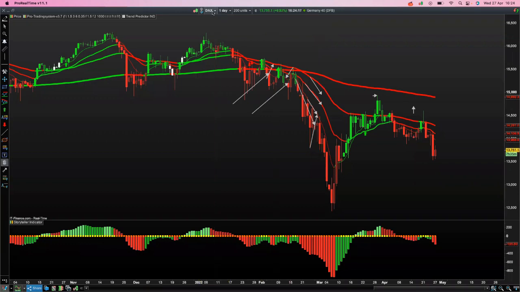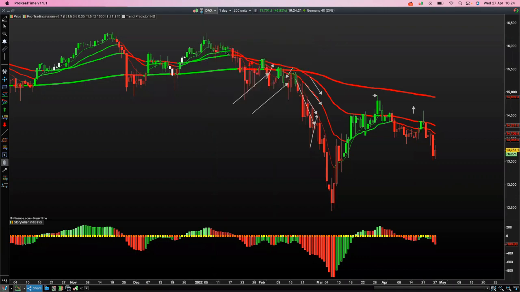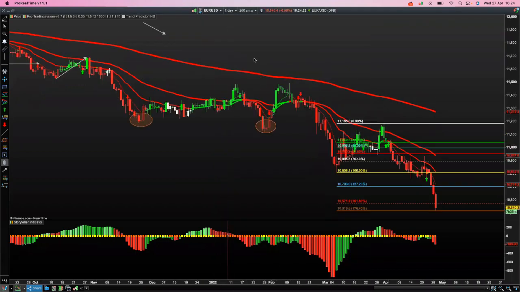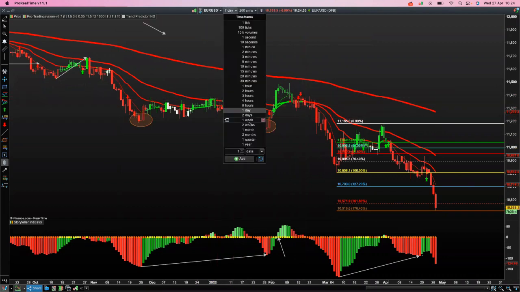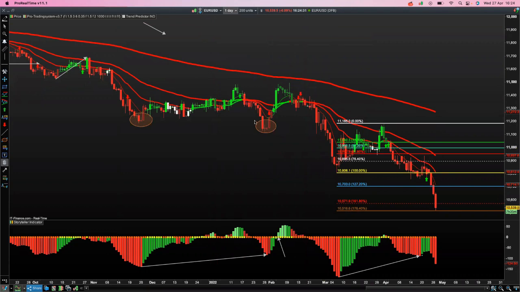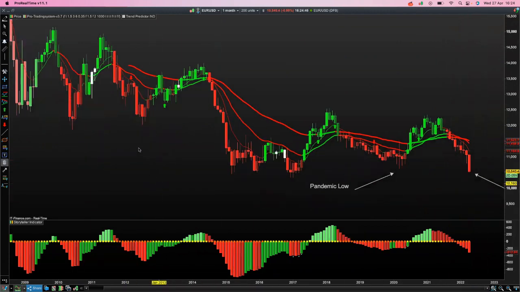Just starting here, let me pop over to the euro dollar. The euro dollar has had a huge move down. If we look at this on a monthly chart, after this sort of rally and stall, we've just rolled over, and we're in a very